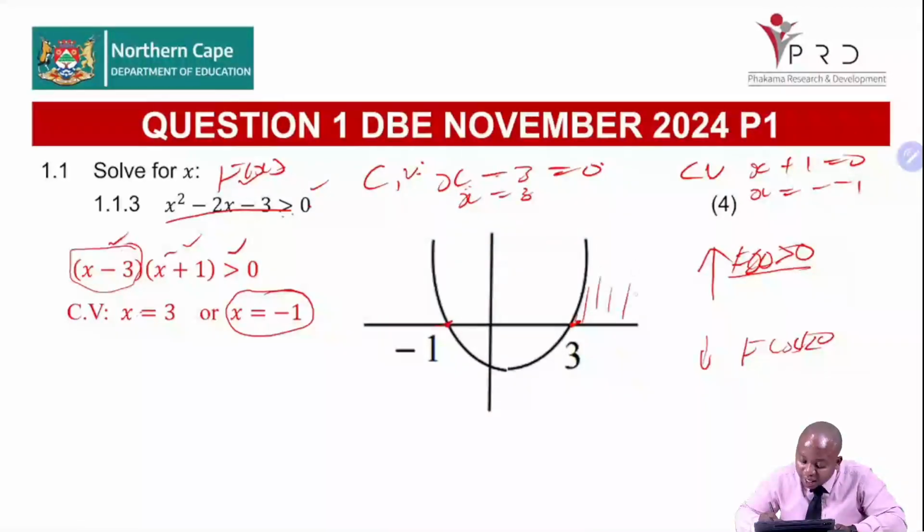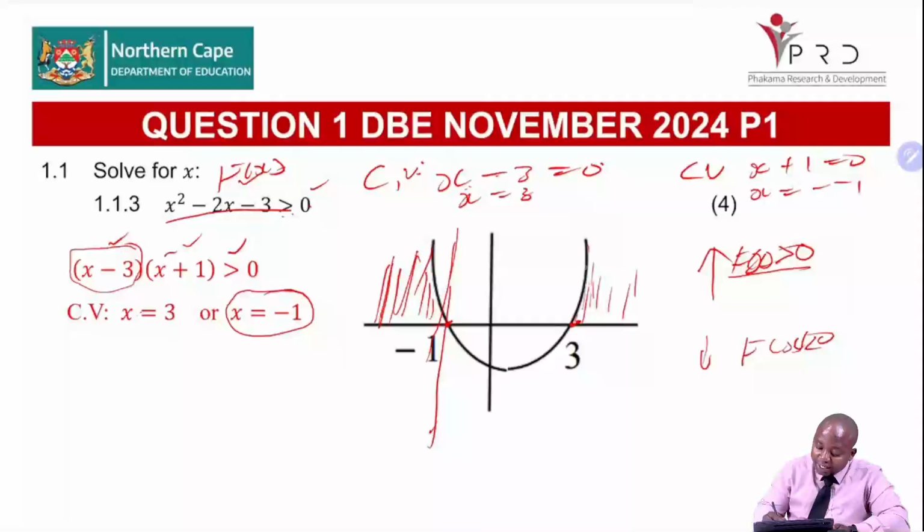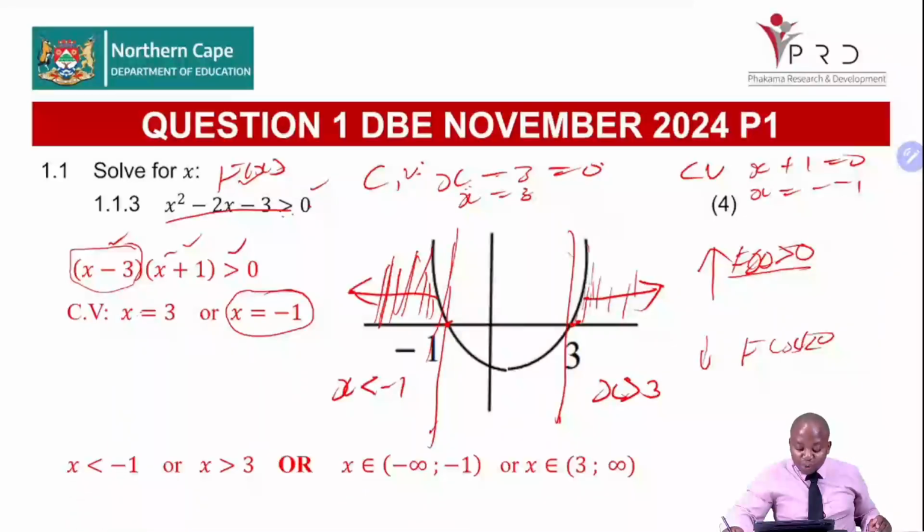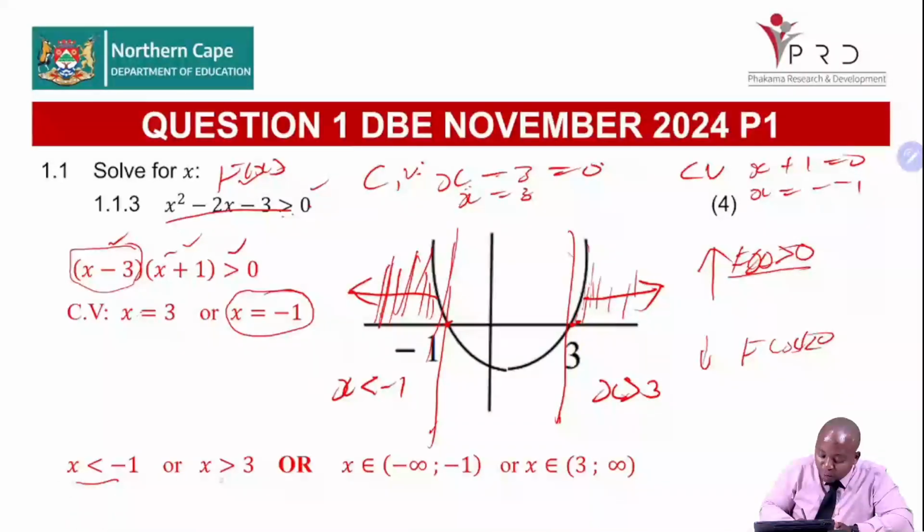So we can see that our function proceeds above on greater than 3 and also on less than -1. The solution proceeds there. So I can just have the border lines here. I can have another border line. I can see my solution, it's from x, from 3 going up or from -1 going down. So we can see that my x is greater than 3 or my x is less than -1 in that case. So to provide that solution, we can say our x is less than -1 or x is greater than 3. Or we can write this one in